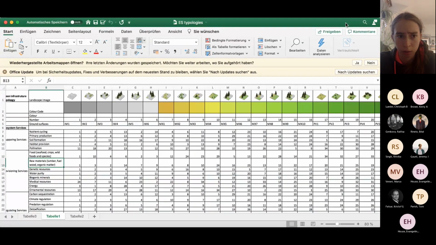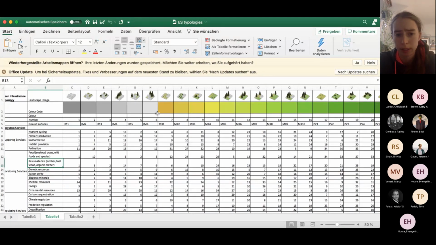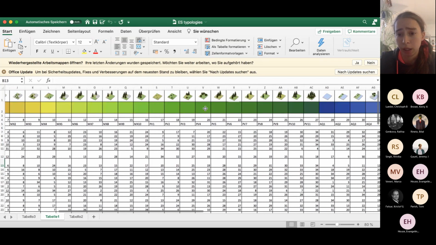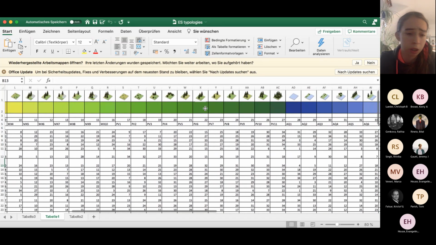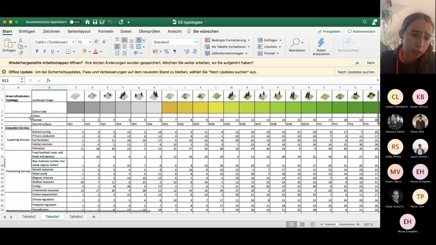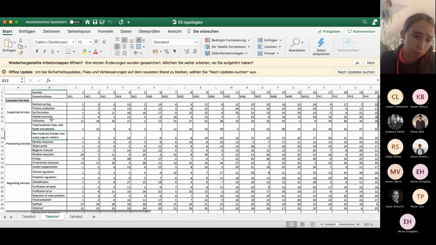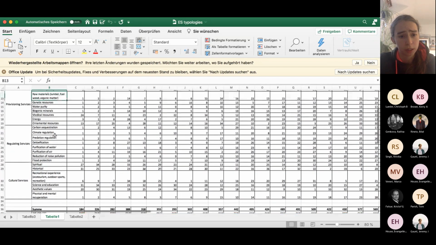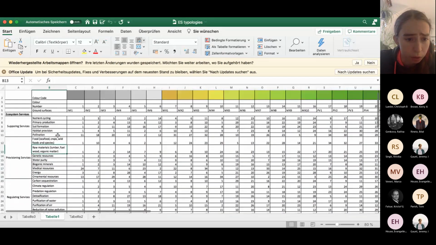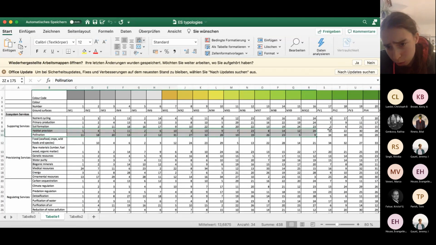I did it in Excel. At the top you can see my basic green infrastructure typologies, which I showed you before. This is a classic ranking from gray to green and then blue. At the left you can see all the ecosystem services I referred to, the classic ecosystem services. And now you can see in each row, if we pick up, for example, pollination,